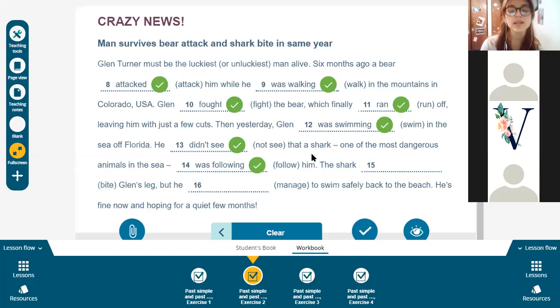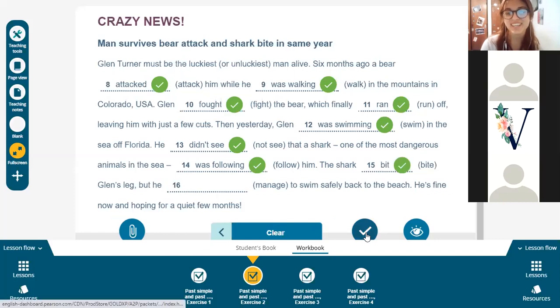Here we are. This is describing the attack. This is describing how the shark attacked him. I don't remember the past of bite. Okay, the past of bite, yes. He bit Glenn's leg, but he